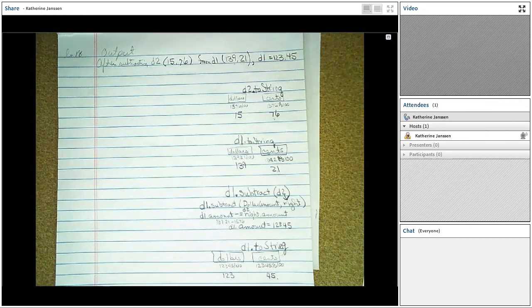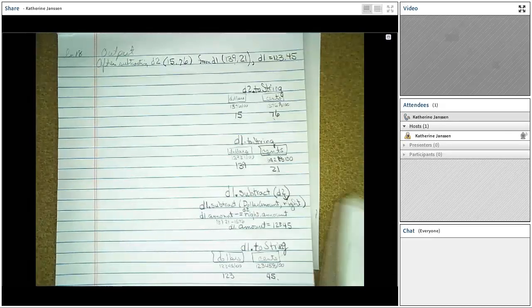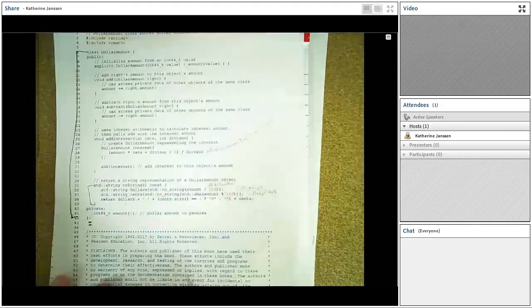There's another example of subtracting that's output. And in this program, those first 3 lines of output are just manipulating through addition and subtraction 2 objects of type dollar amount. Referencing their data members, making use of the member functions. Any dollar amount object can make use of the member functions, and introducing the syntax in the header file of